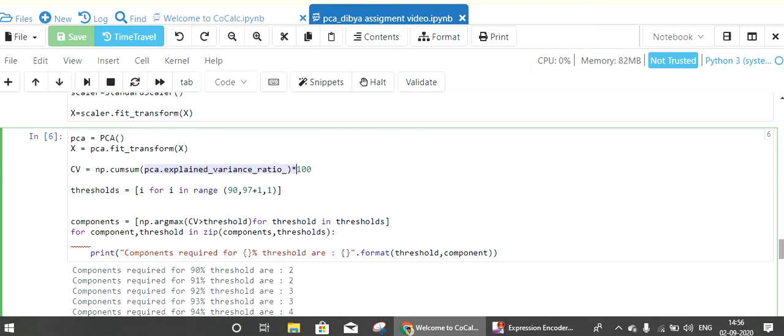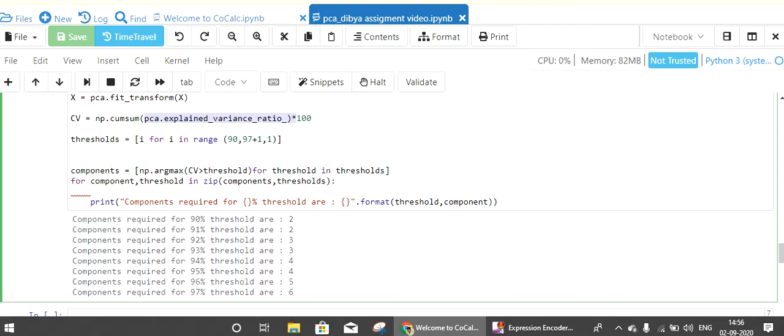We were also given a threshold and we declared it here. Now we have to make a list of the components required to reach the variance thresholds. As mentioned, this can be done by this code. So when we run this code,